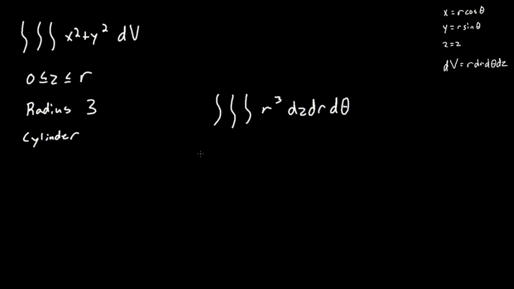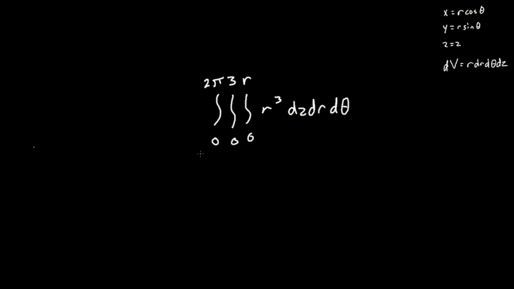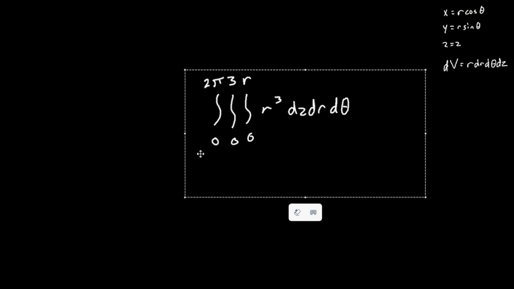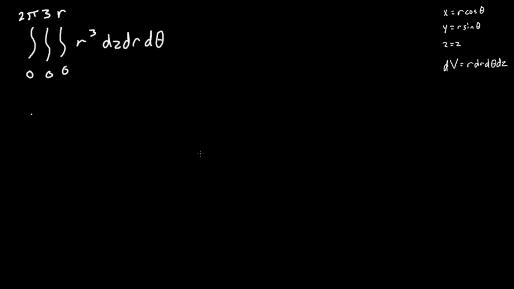Let's move on. Now we find our bounds. Our z bounds are 0 and r now. Our r bounds are just the radius, so from 0 to 3, and our theta bounds is a full cylinder now, so we have 2 pi as our theta bound. What do we do next? Well, we integrate with respect to z first, as always. Now you don't always integrate with respect to z. It doesn't matter what order you integrate with respect to,